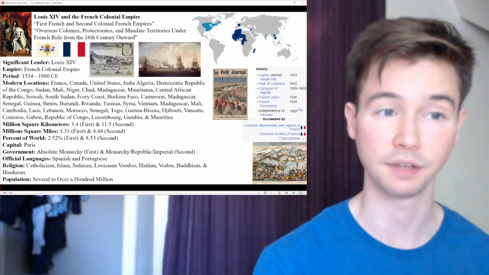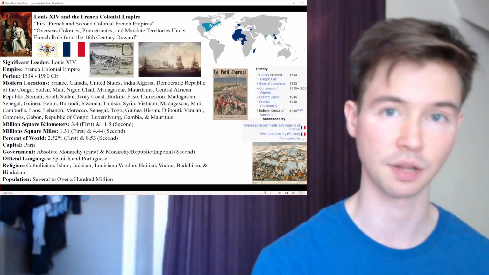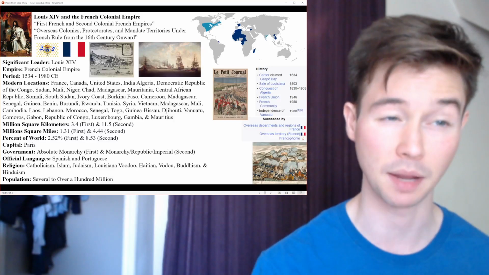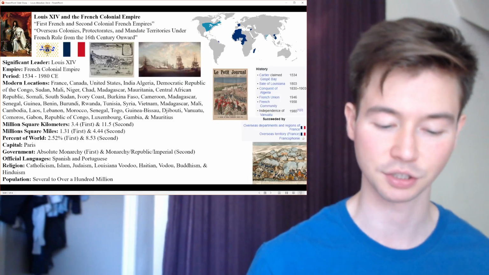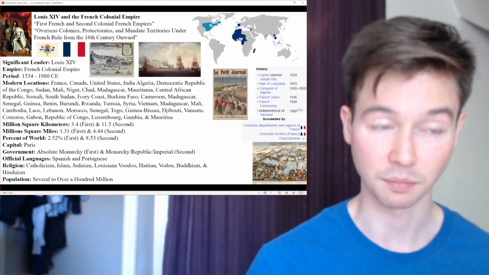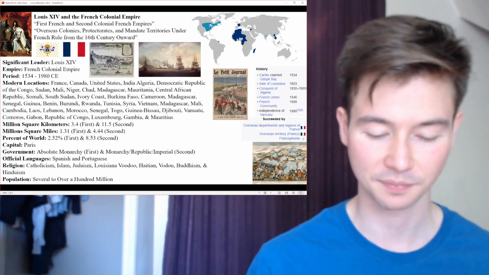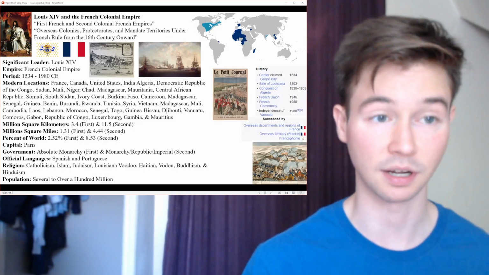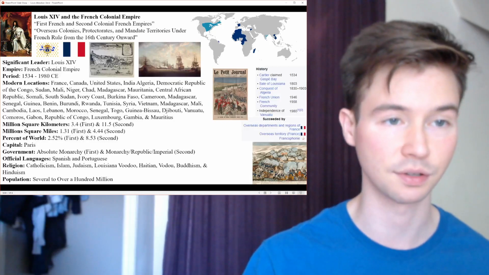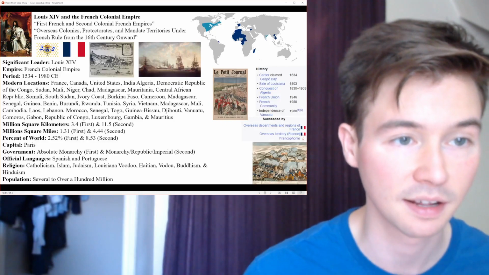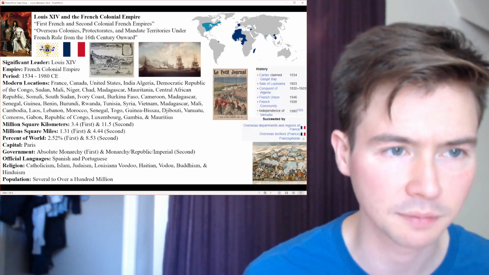To the right of that, we have the flag of the French Empire and the French Republic, which is, I believe, identical to the modern French flag, at least. Maybe. Yes, it is identical, at least as far as I can see, but maybe I should confirm that. There might be a slight difference in color. To the right of that, we have French North America, which was known as Nouvelle France, or New France. So there's an image of Quebec, I believe that would be Quebec City,